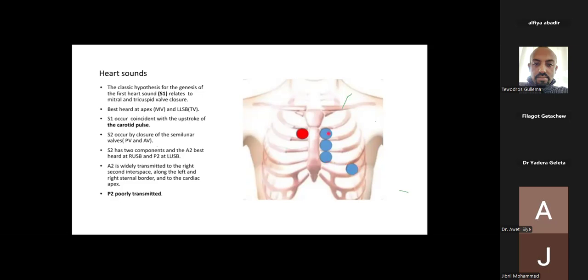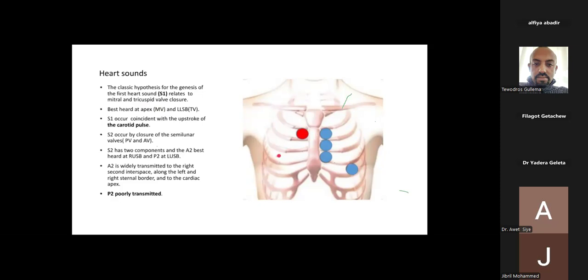Now that's the reference. After you identify that S2 is loud, is it the A2 component or the P2 component that is loud? You look in the respective area: here, if the S2 aortic component is louder than the one here, then the aortic component is loud, and the same is true for the pulmonic component. All right, so this is loudness. Sometimes during reporting you may be asked, what's your evidence to say it's S2?